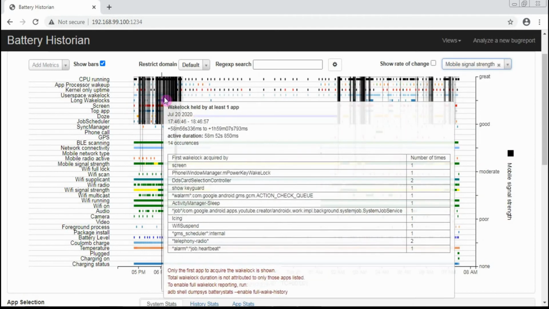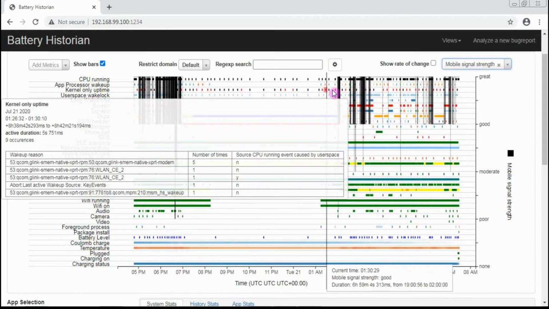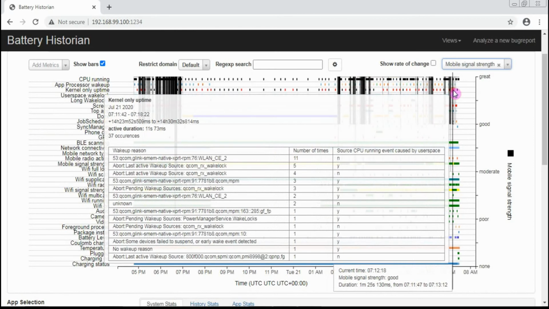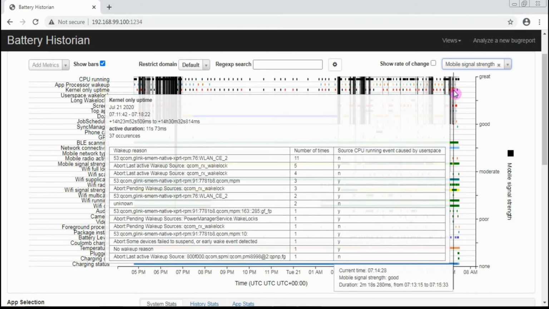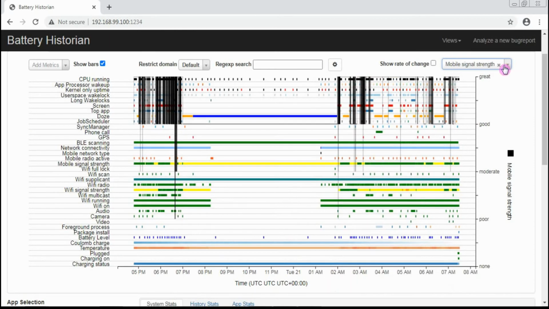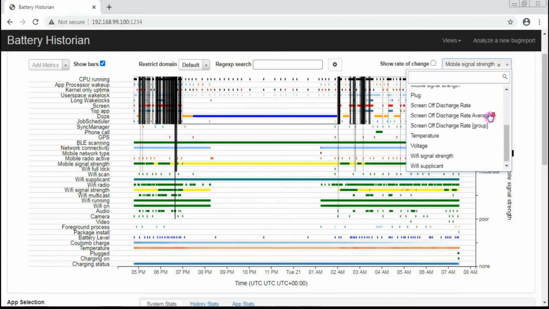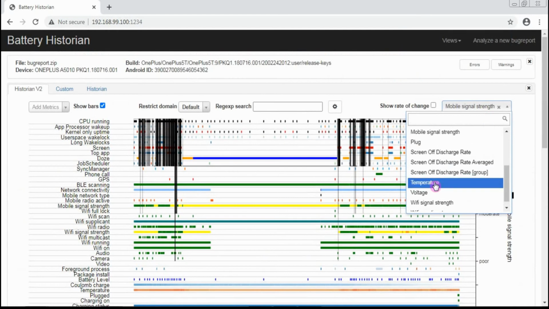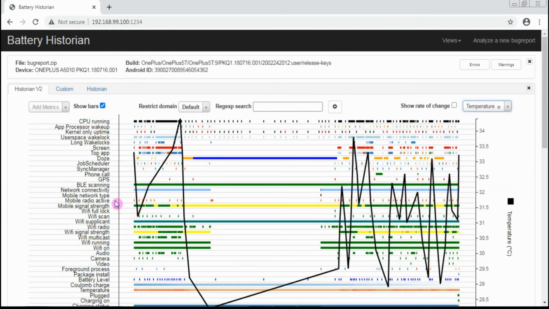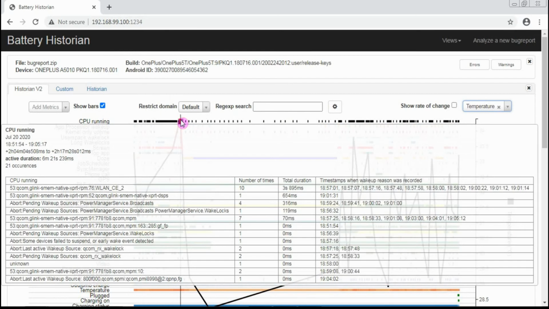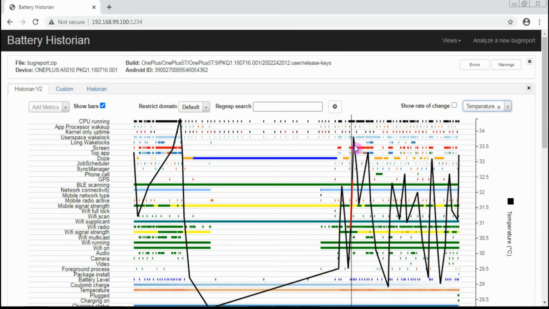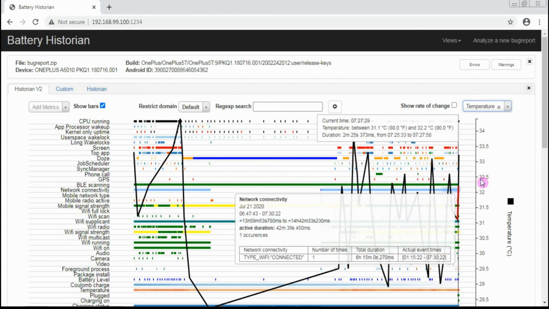So here our signal was strong enough, and the mobile signal strength was strong, and this has been fetched from the log itself. So in this way, if you want to check with particular more scenarios, you can definitely check. This is the temperature level. So it is showing the temperature of the device or the battery at a particular moment.